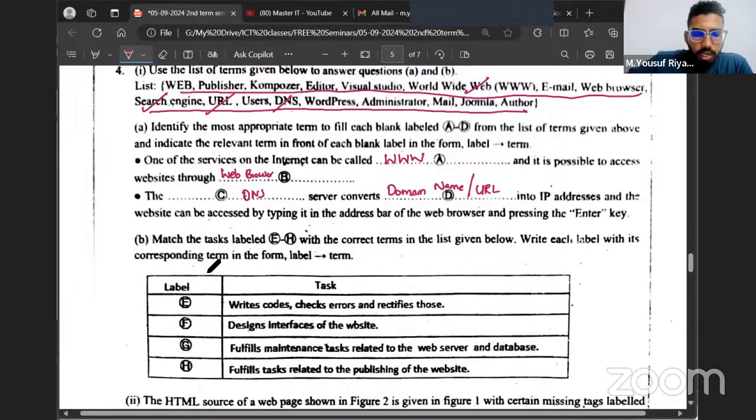Next. Write the task labels E to H with the correct terms in the given list below. Write each label with its corresponding term. Write code, check errors, and rectify those. Web Publisher, Visual Studio, and